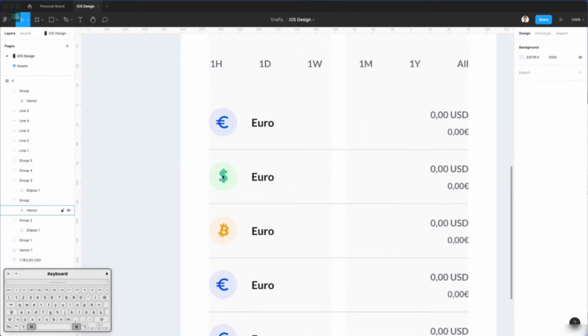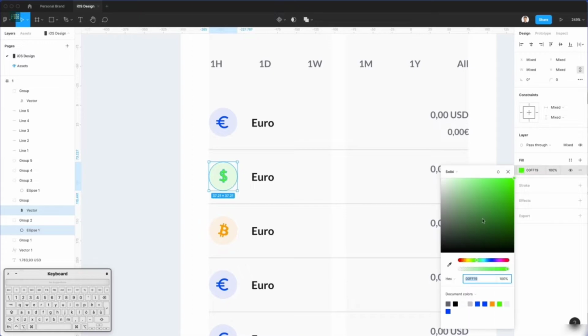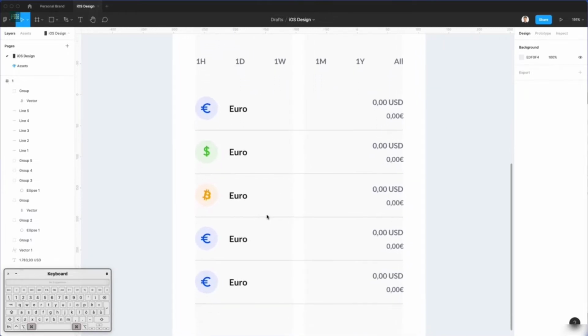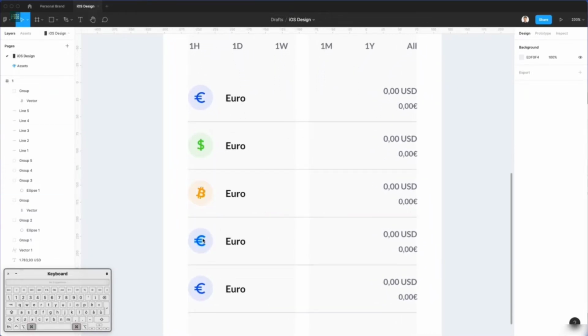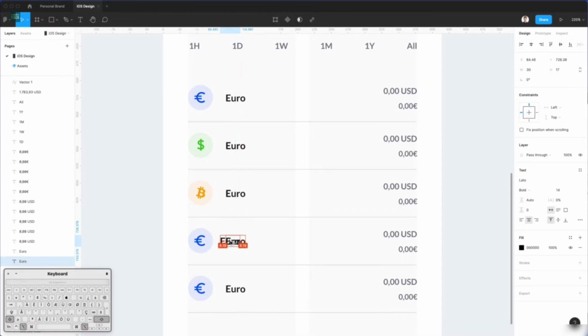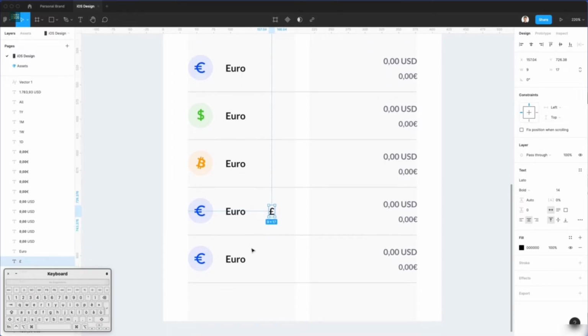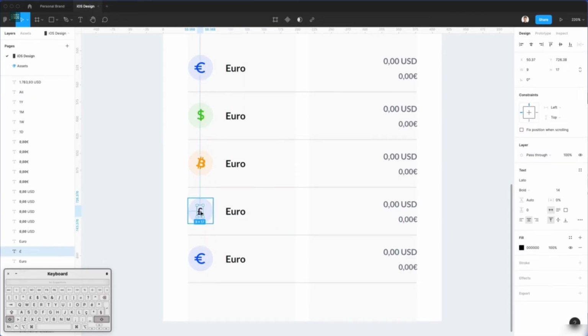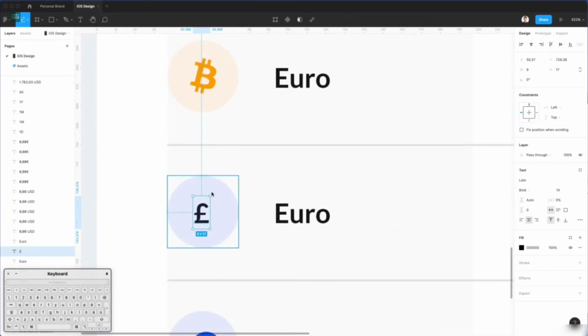so this is turning out quite nicely. I just want the green though a little bit more subtle, so I'm going to make it just a little bit more dark. And now we're going to leverage some other iconographies here, and the way that we're gonna do it is we're simply going to use the pound symbol right here, and let's double click on that. Let's make it bigger by using K,